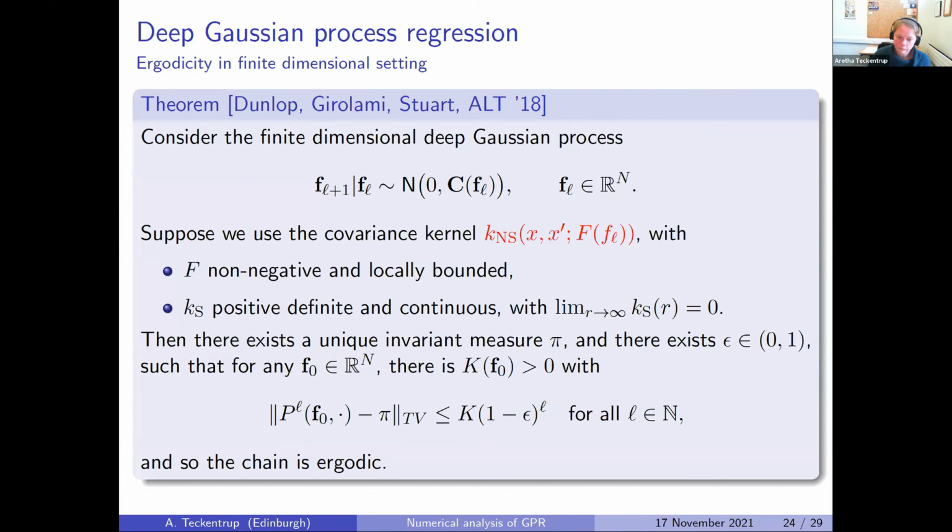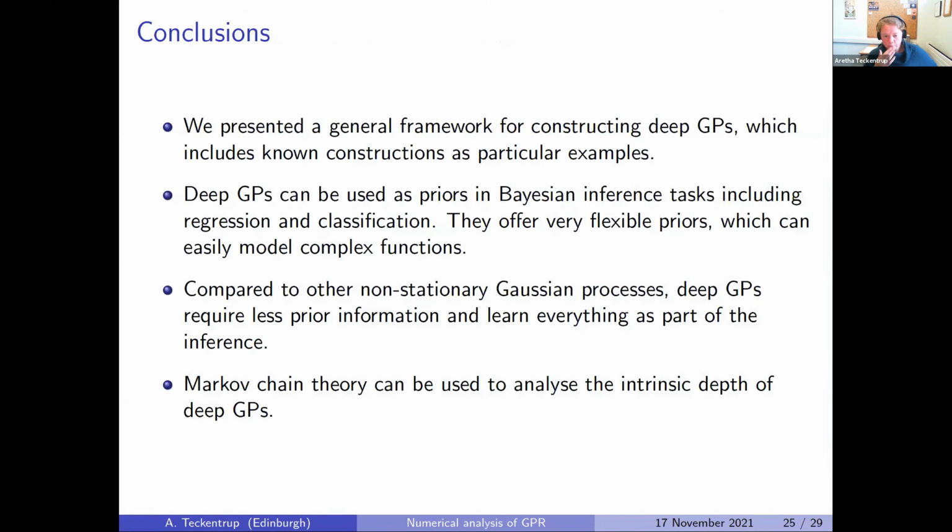So in this case, the chain is ergodic and you do converge to something. And so in that sense, there is a limit as the number of layers increases, right? So these are just some